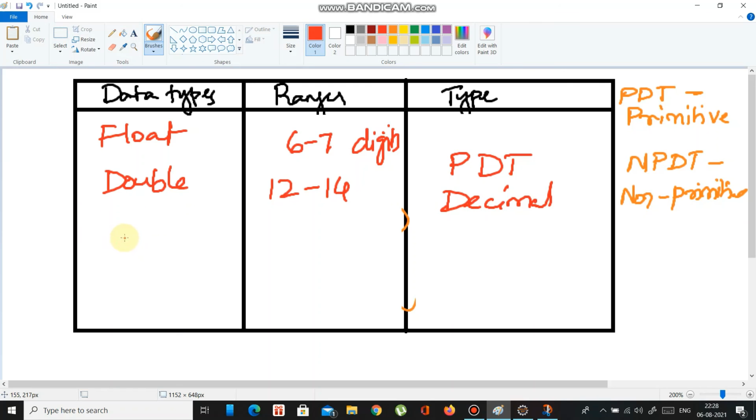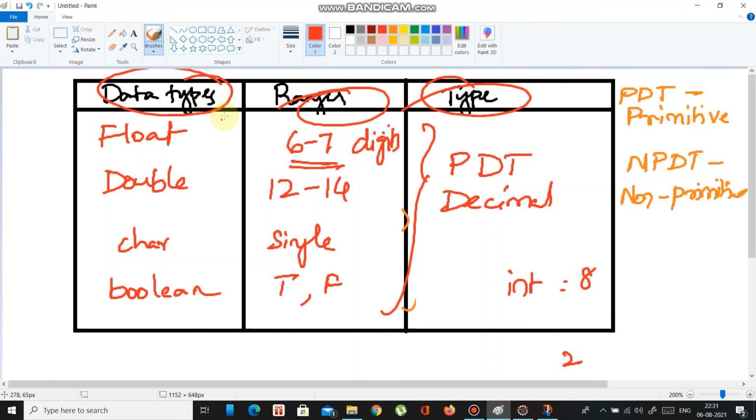Another two we have: one is character, and another one is boolean. Character can store a single character, and boolean can store only true or false. So I will be providing you guys a fair copy of this in an Excel sheet, or I will be providing you a link to it.